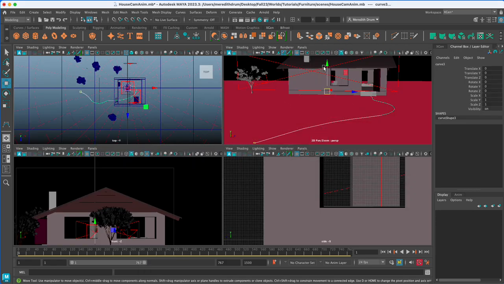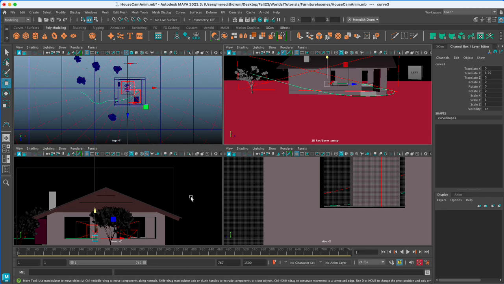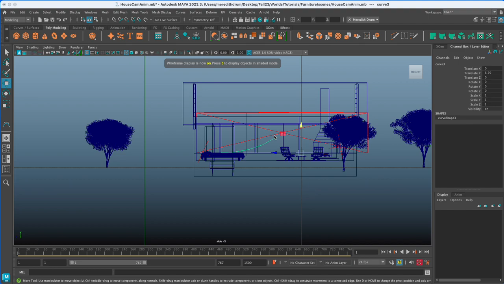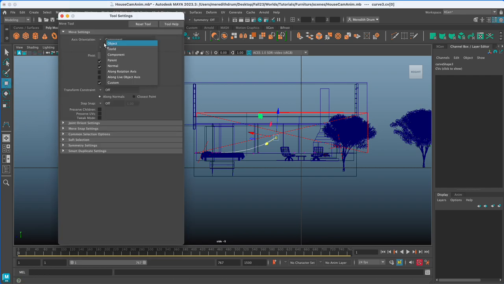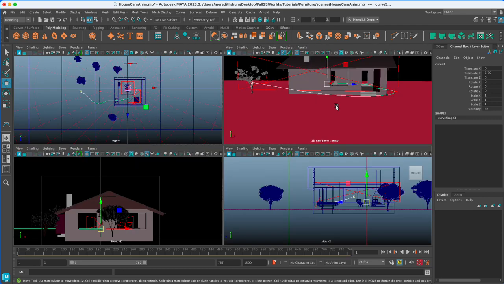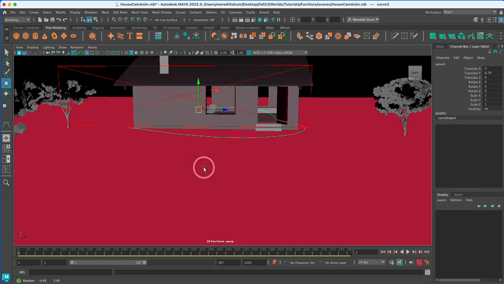We can then raise this up because it's right on the ground. You see here that the first starting point is also more up in the air, I believe. Let's look at it from the side. I can press 4, and you can see that endpoint is a little more up in the air. If you wanted to bring that down, you can select the component and bring it more in line with the others. It's really up to you. You can reshape that line however you wish. For now, maybe I'll just leave it. It's going to do a little roller coaster there, which might be kind of fun.